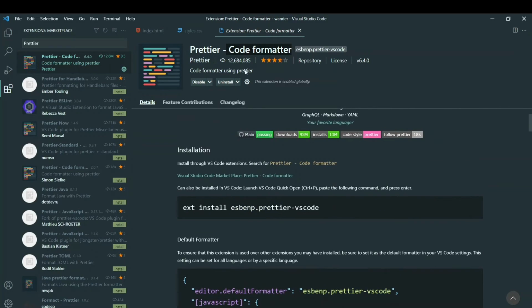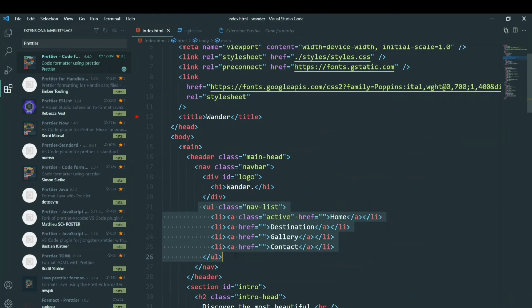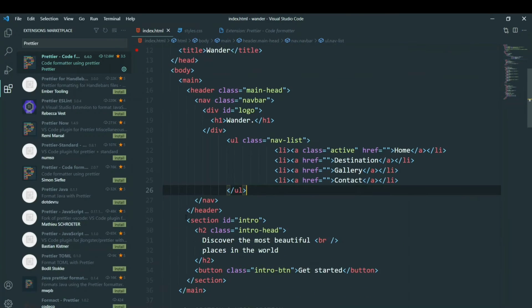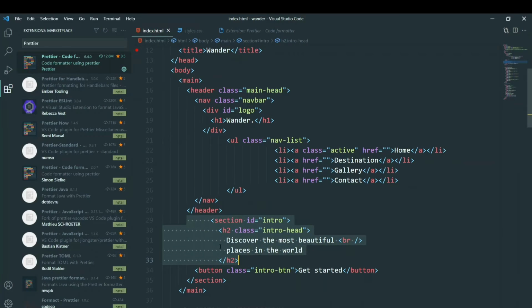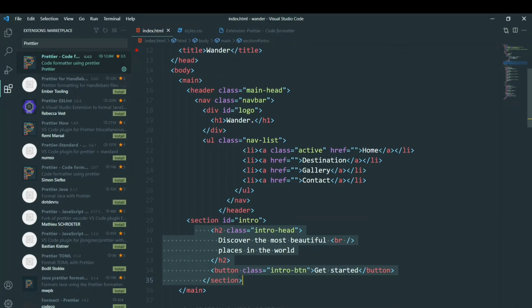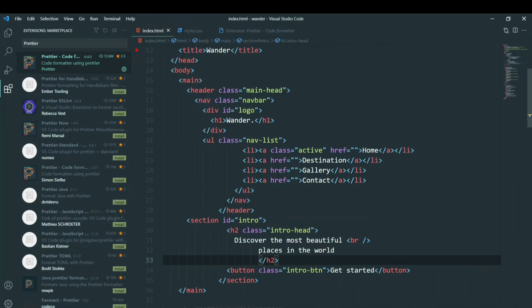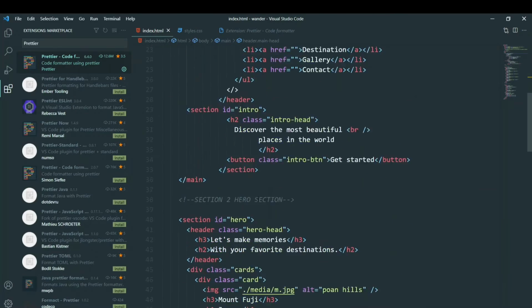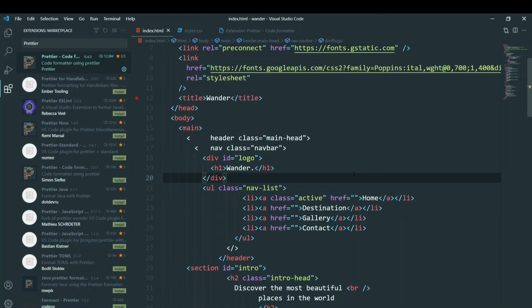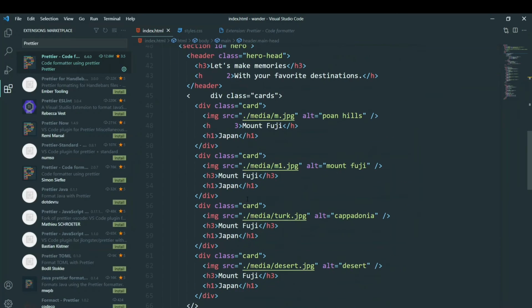What it does is, suppose I'm here, and let me disrupt the indentation that is there. Indentation basically means that you have to recognize the children and the parent elements, and make them easily understandable and readable when another developer goes through your code. It should not be shabby, so it should be properly formatted. I'm going to disrupt this a little bit more, and because of Prettier, whenever I save it with Control S, you can see the code goes back to its position. Let me try it again.